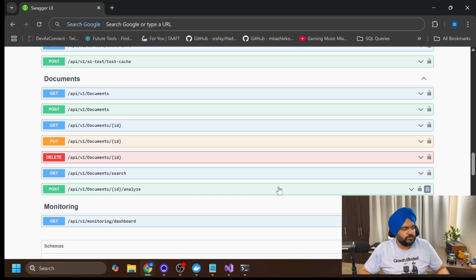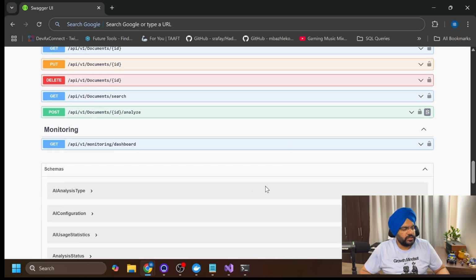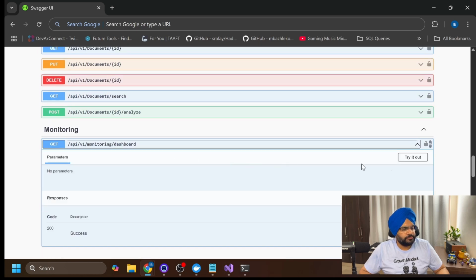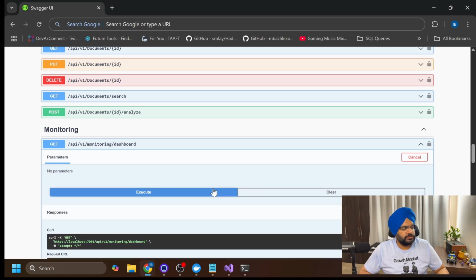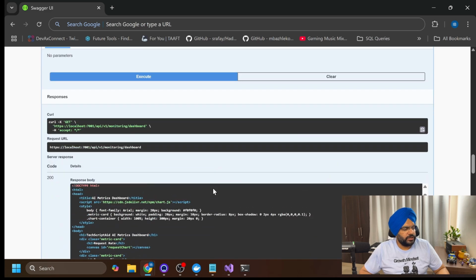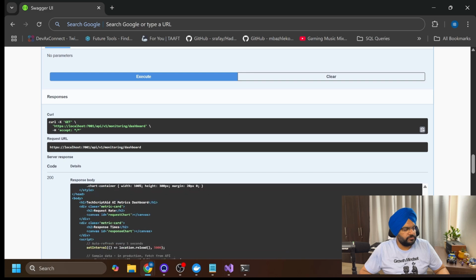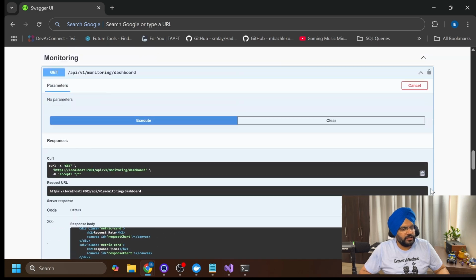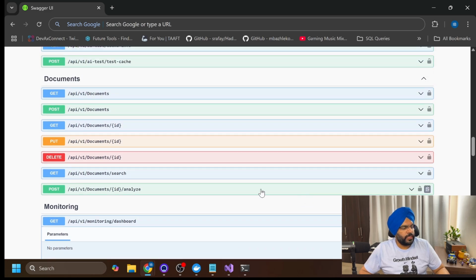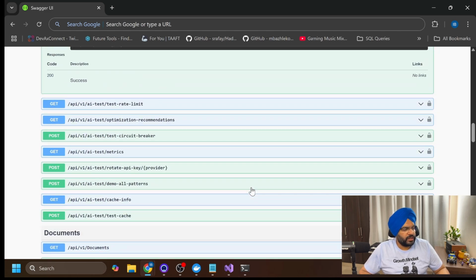And moreover, I'll show you my dashboard also. UI is also there for this, which is currently perfectly fine. So I had implemented health checks also in this, and that also I am going to show you, how I had done that. So this is health monitoring, and what exactly my health dashboard is showing here in the